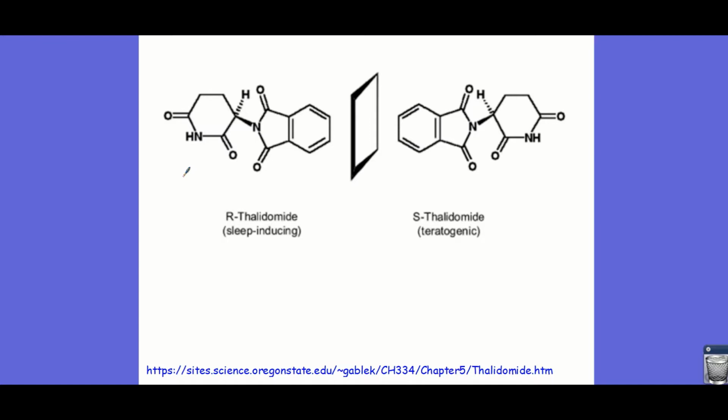And the rollout of thalidomide, it all happened very quickly, and women were taking it quite commonly. However, the R thalidomide behaved as a sleep-inducing drug, and that was used as an anti-sickness drug. It was the R enantiomer that displayed the properties that we could use as an anti-sickness drug. Bear in mind this was used in pregnant women, and the S enantiomer,